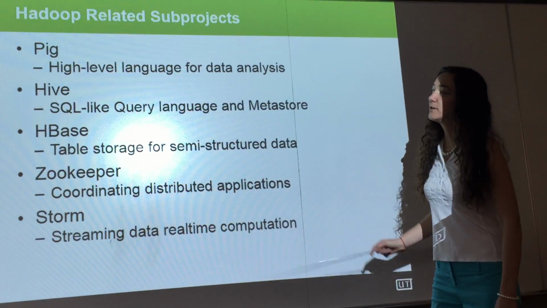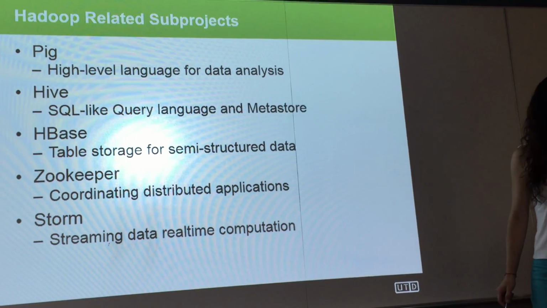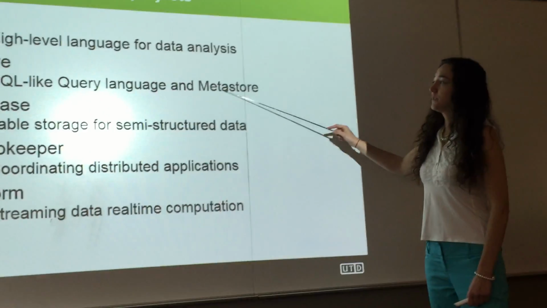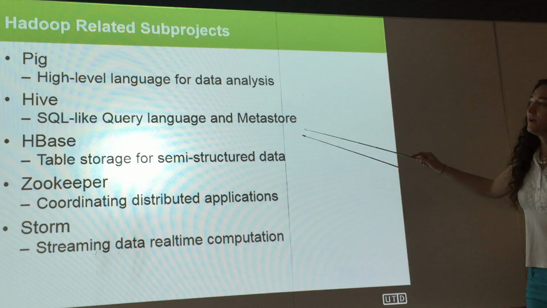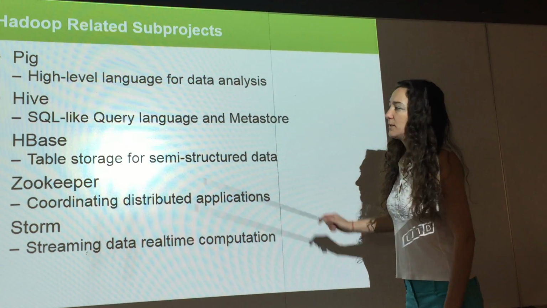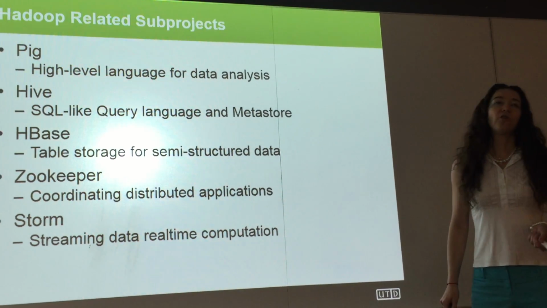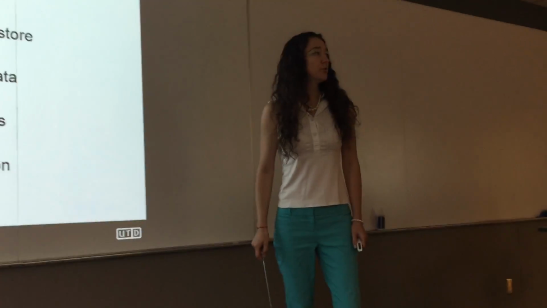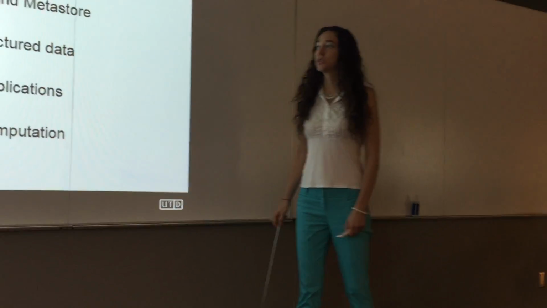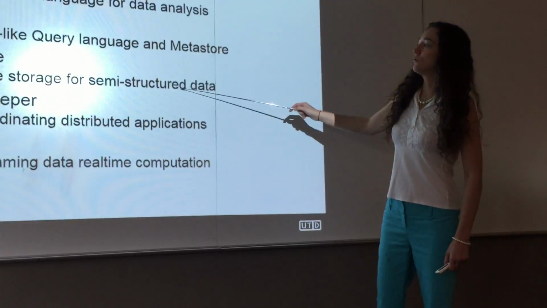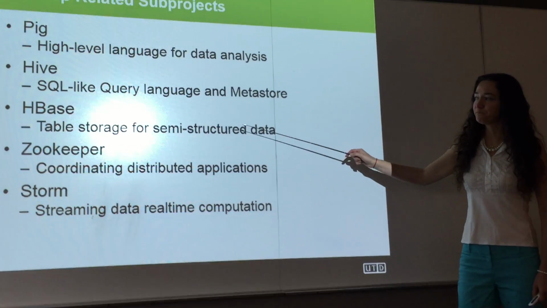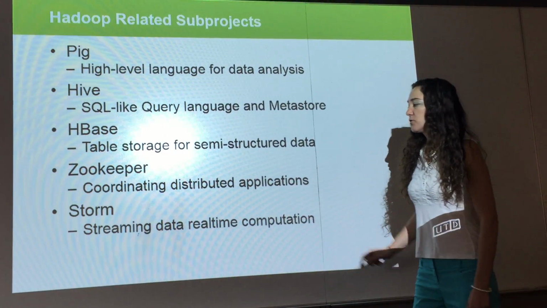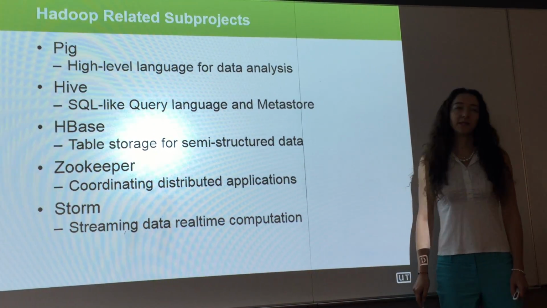So we have this Hive QL language, query language, that we can run these queries against a store of data. And the other thing we would look at is HBase, which is another form of storing relational data, but instead of doing it the same way as the relational databases that work on rows, this stores the data by columns. And we will look at another tool called Storm, which is for streaming data and real-time data computation, so